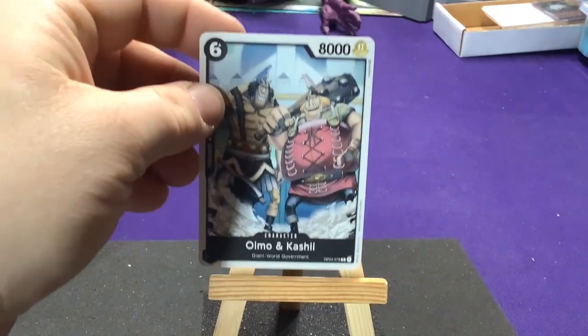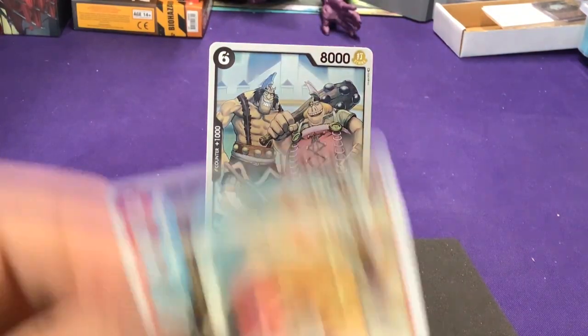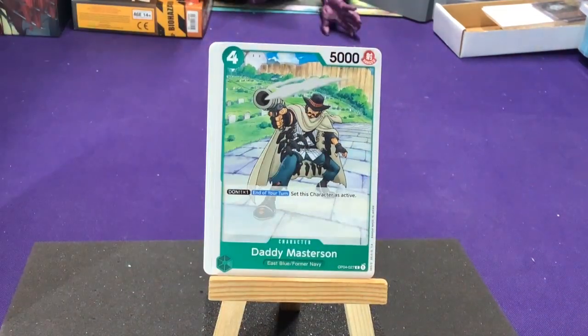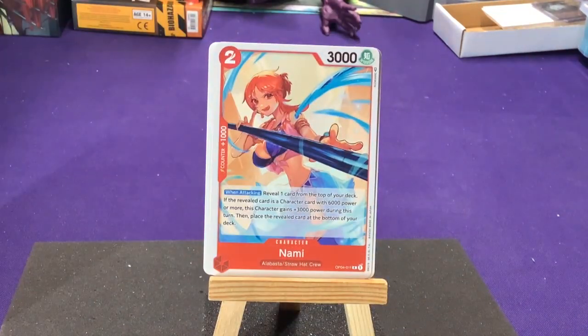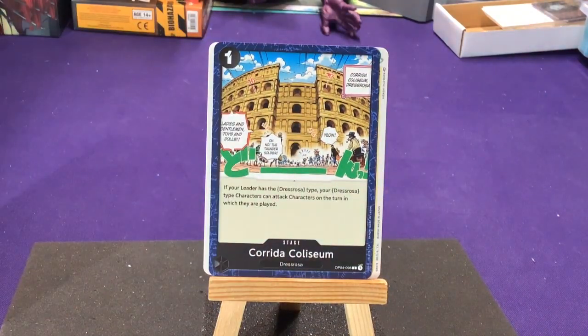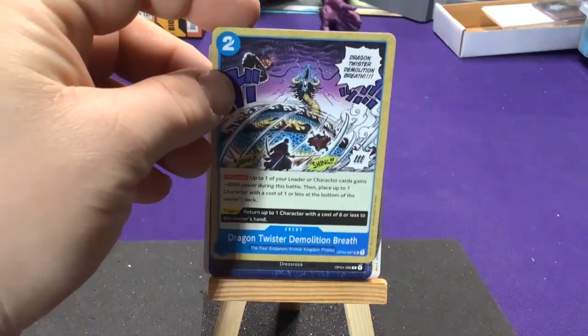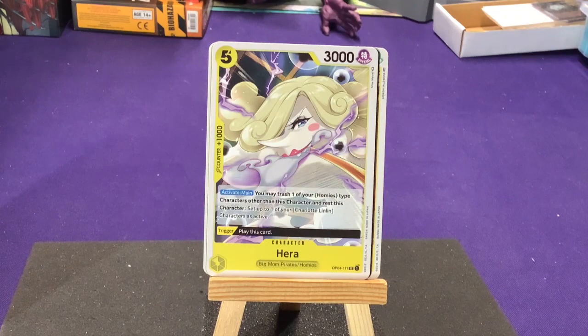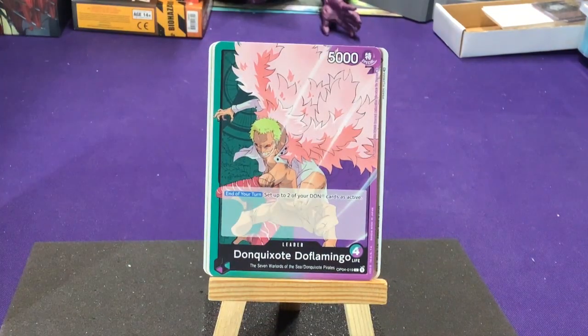Alright, next pack, we got another Kashi, another Chopper, Carmo, Master Sing, another Nami. Not going to argue with getting some of these guys. Another Cordia Coliseum. Our first uncommon, Demolition Breath. Another Hera. And another Don Flamingo